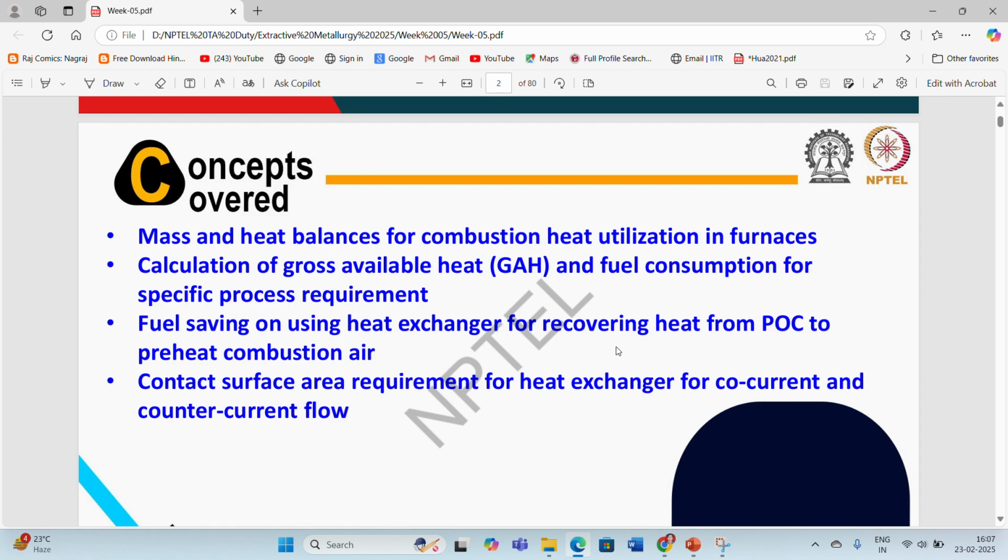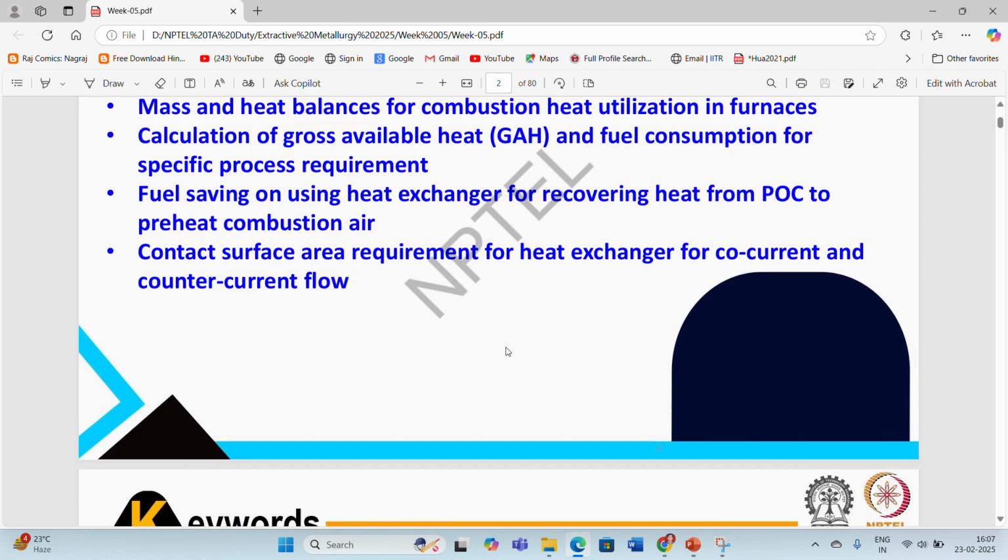Okay, so in this week lectures, we first talk about the mass and heat balances for combustion heat utilization furnace, then calculation of gross available heat values available during any fuel consumption for a specific process requirement, then fuel savings on using heat exchangers. So in the previous week lectures, we have also learned about different types of heat exchangers, so why we are going to require these heat exchangers